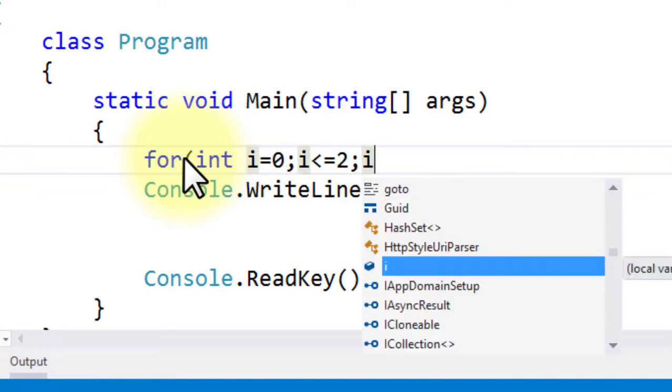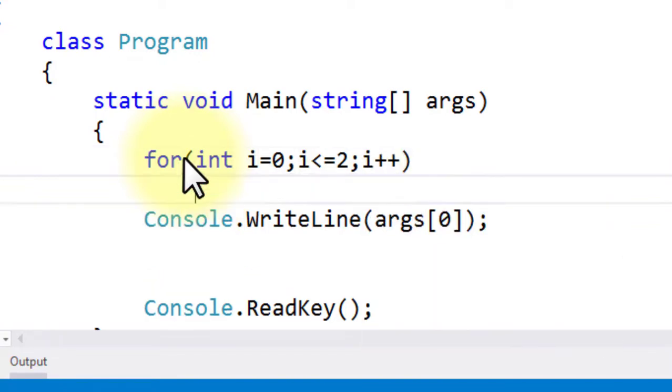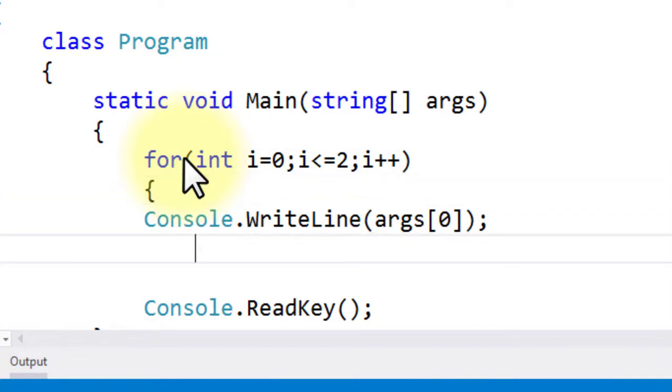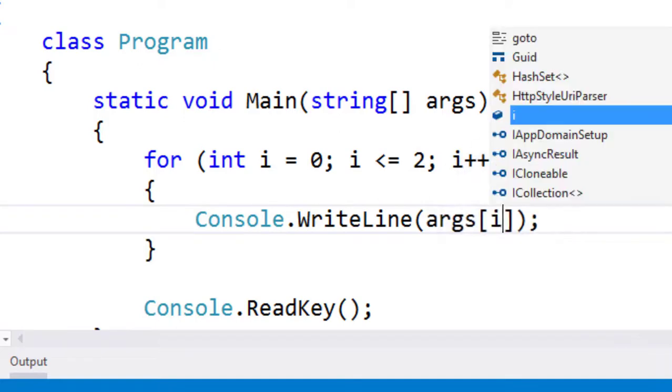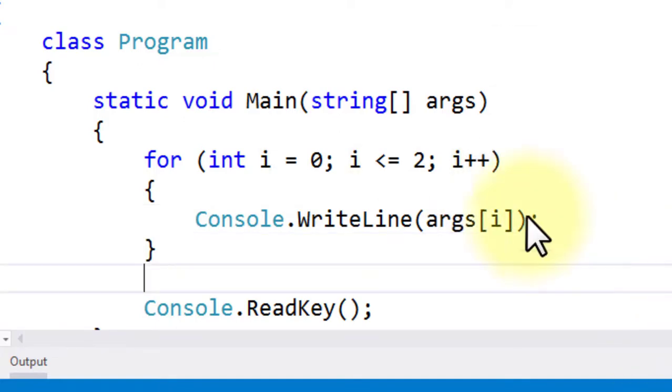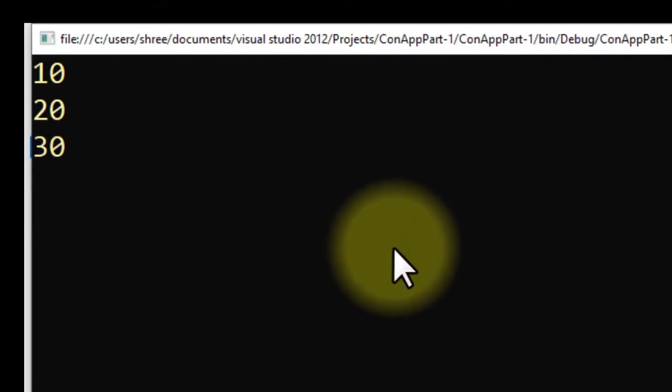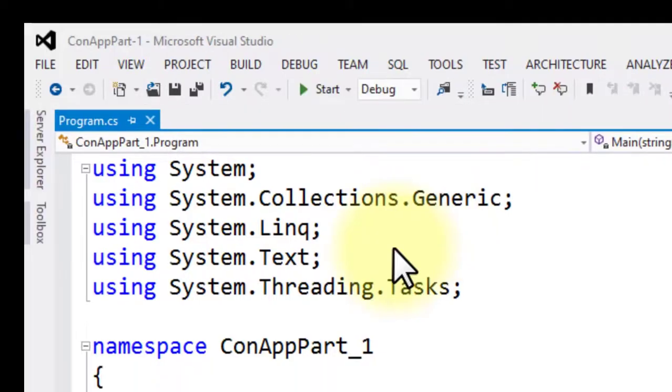So i plus plus. Here I display the element at the index specified by i. Now see the output of this program: 10, 20, 30. These are the arguments that I passed to this main method.